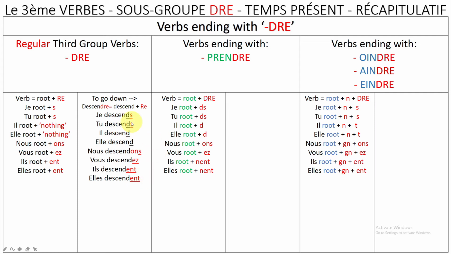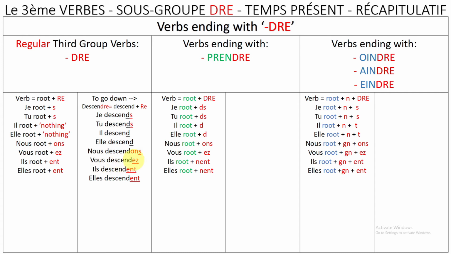So let's practice, let's read. So now I have underlined. So the part that I have underlined means we should not read this part. We should pronounce this part. Okay. So the verb itself is descendre. Descendre. Okay. So je descends. You see, I'm not pronouncing D, neither the S also. Tu descends. Il descend. Elle descend. Nous descendons. So here, don't pronounce the S.